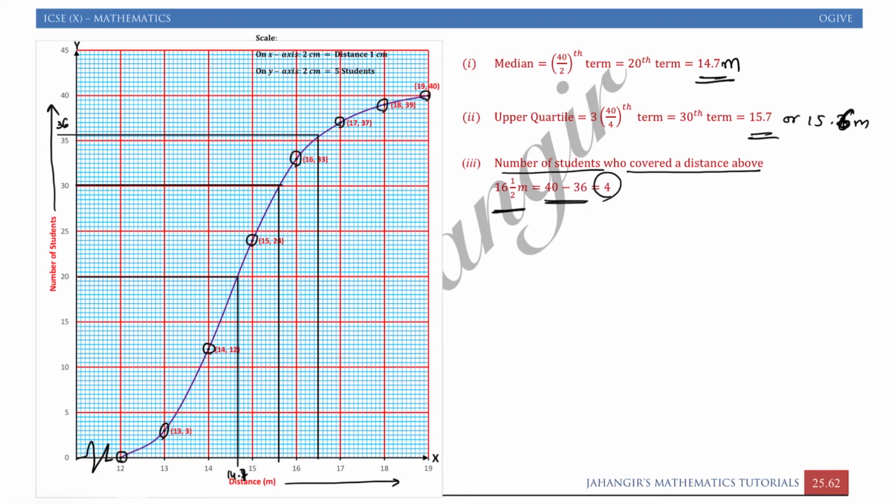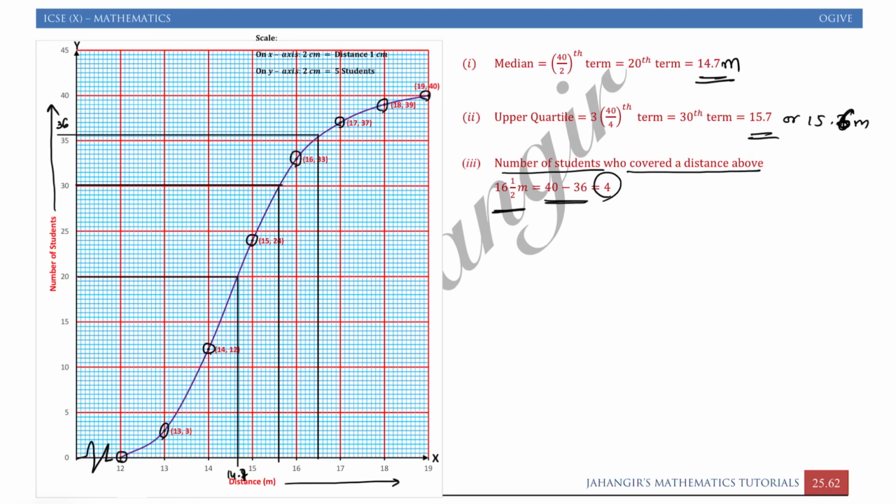Hope the ogive is totally clear. It carries 6 marks. It's an important graph. The histogram we did was a 4 marks graph. That was also very simple. Graph is just a scoring topic. Do it properly, neatly, and try to increase your speed. Here I had already drawn it in advance, so it didn't take much time, but you will take more time as compared to what I had done.